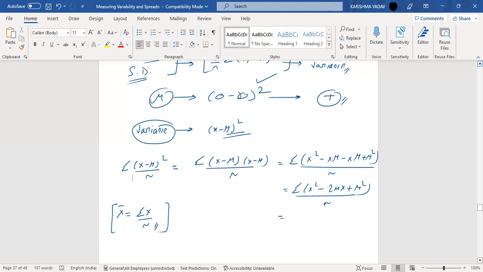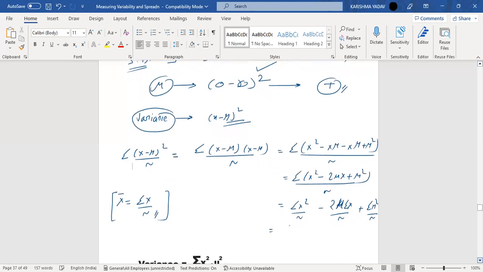So if we just take the summation out for all the values, it will be sigma x square divided by n minus 2 mu sigma x divided by n plus sigma mu square divided by n, and that is equal to sigma x square divided by n minus 2 mu times sigma x by n